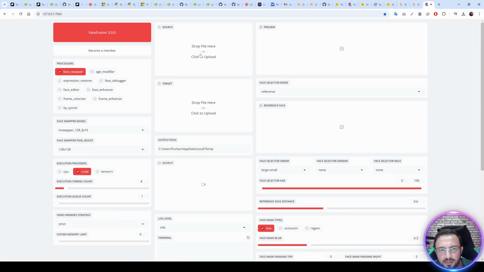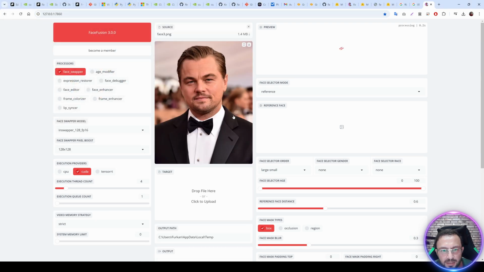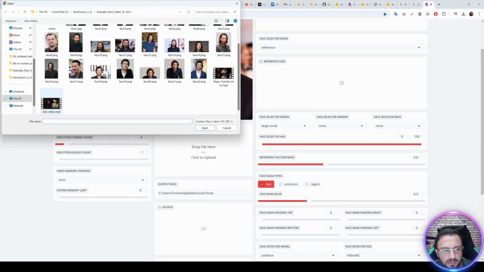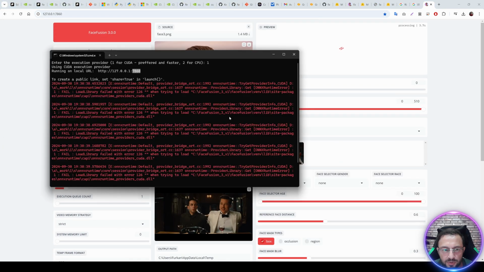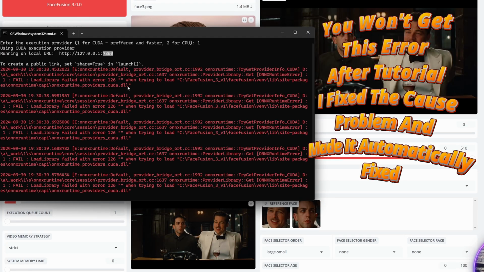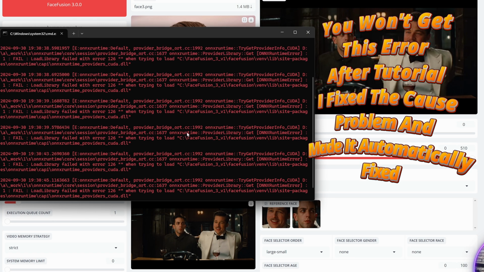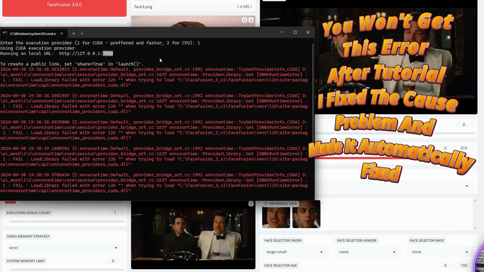Okay, interface started. Let's test with demo material first. I have demo material automatically downloaded. You can see the example. Let's select this face and then let's select a target video. And it should appear here. Always pay attention to the CMD, and we got errors. These errors happen when these DLL files are not automatically downloaded for any reason. Currently Windows 11 is blocking the auto download. So which files are these?